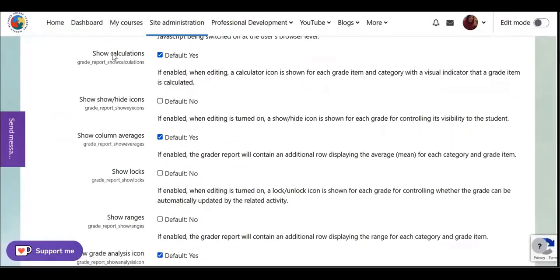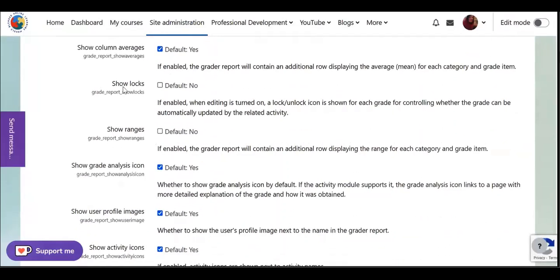And we have other settings for adding icons. For example, for short calculation, we can add a calculator icon for each grade item, or show hide icon, or we can add show column averages, means that we can add another row to display the mean for each grade. We can add lock or unlock icon for each grade, and we can add again an additional row to show